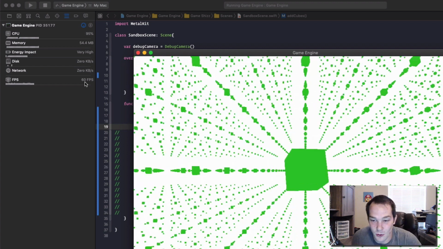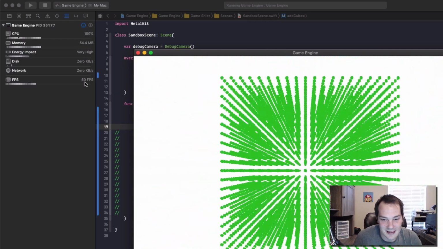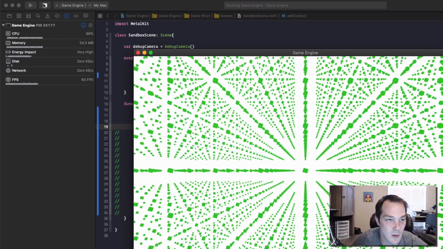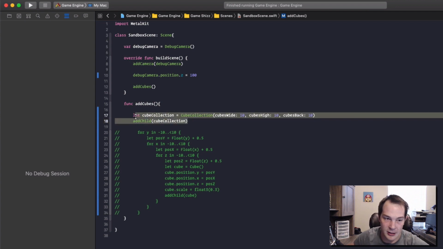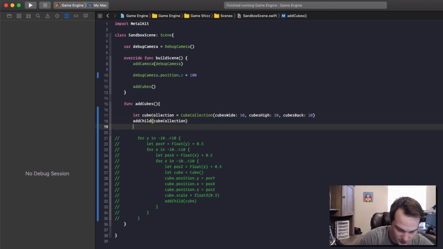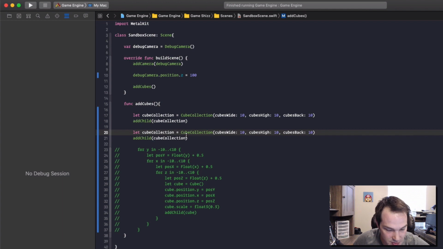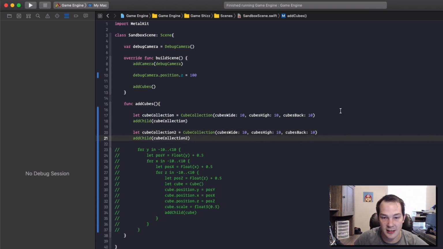I've upped my frames per second to be awesome. And now we have these really cool cubes rendering on the scene. And what's also cool is, say we want multiple different types of them. Well, what we could do is shrink this in half because I think we just don't want to render that much. I don't have the best GPU. It's an okay GPU. If you get an external GPU, it's probably a lot better. So I'm gonna add 2 collections. Now, okay. Actually, you know what? Before I do this,